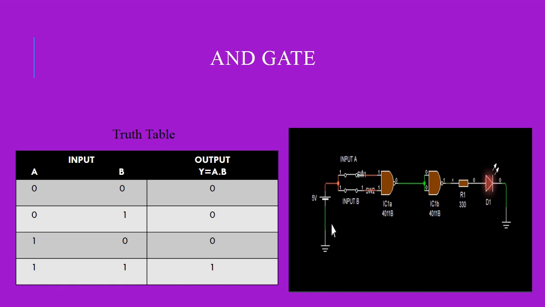So this is the circuit diagram of AND gate by using NAND gate. And from here we also saw the truth table verified. So by using NAND gate we can easily design an AND gate circuit. In the previous slide we saw that by using NAND gate we can easily design a NOT gate circuit. In this slide we saw that by using NAND gate we can easily design an AND gate circuit. Okay, next slide.